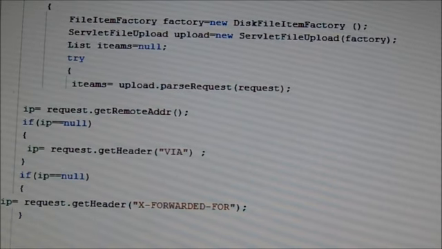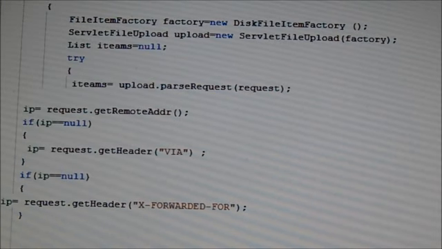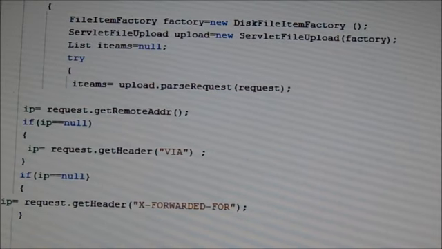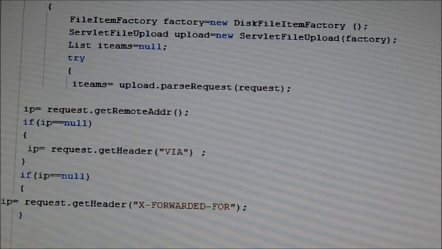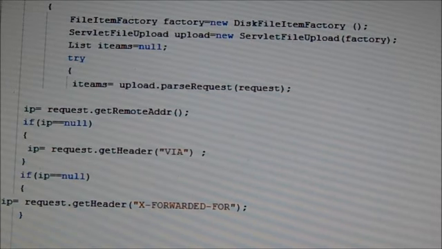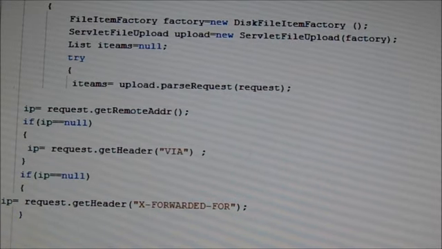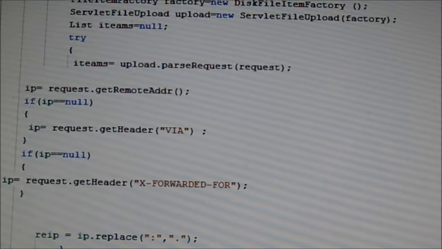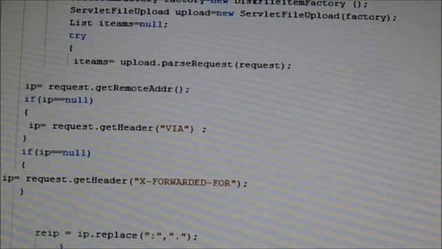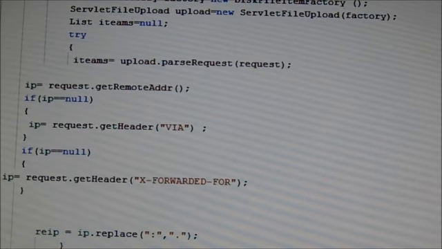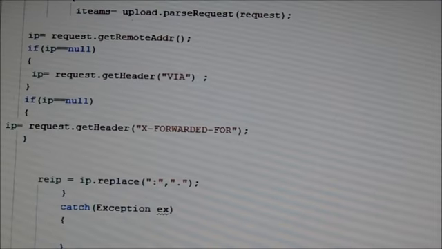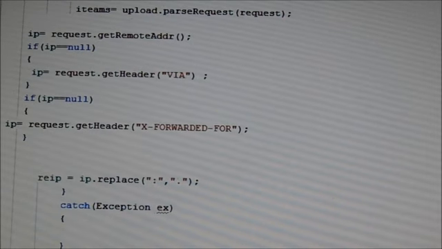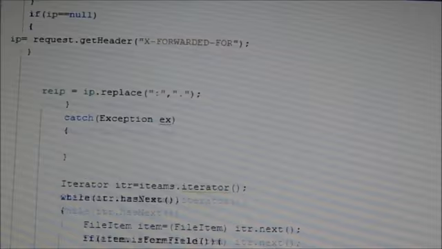Then we use get header via, passing the argument via. This defines a proxy IP address, and get header x forward.for. Suppose you are using a router and then proxy and then client, then we use request.getHeader.x forward.for, and your file name